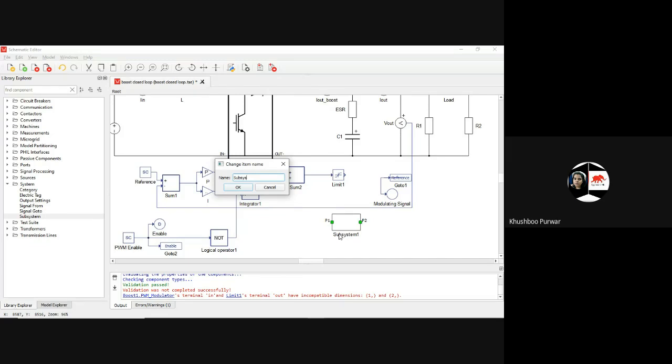Name it as range shifter, and we will prepare one block here.